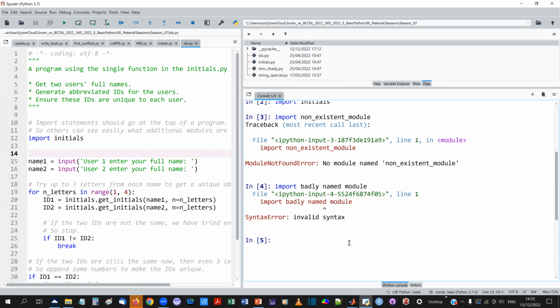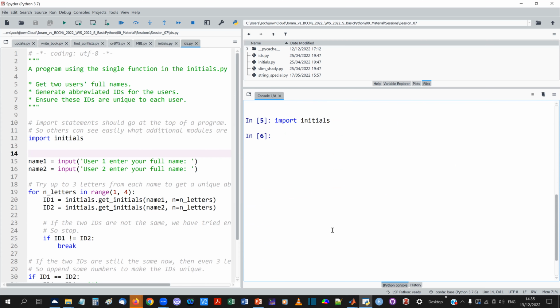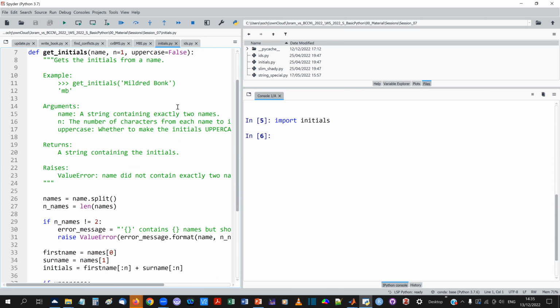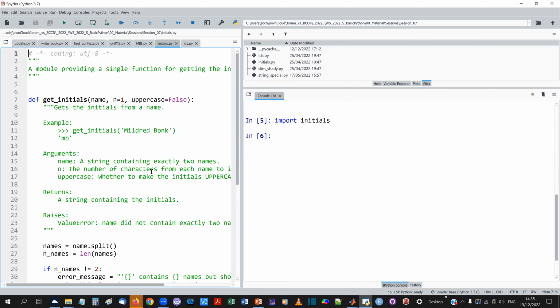Okay, but the first command which we were running succeeded. So at least we didn't get an error message, and we imported the module initials. And what that means is that this module, which we are importing, is being run. And everything that is being created, variables, functions, and so on, is being put into the variable space for further use. So in theory, we should be able to use the function